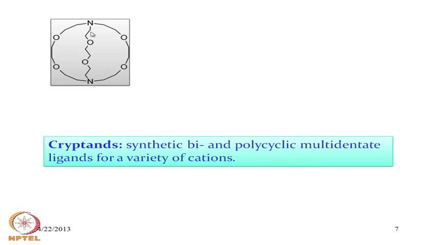If the pyramid is like this, the lone pair is available on the other side of this nitrogen. Similarly, the lone pair is also available from this point to the other side of the ring. So, these two nitrogens will not be utilized for coordination to the metal center. Instead, we are providing in a different way 6 donor atoms, like 6 oxygen atoms, to the metal center in a bicyclic structure. So, these are all cryptand molecules, and they basically encapsulate, they trap the metal ion very nicely